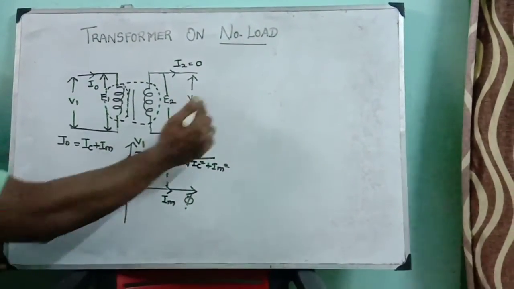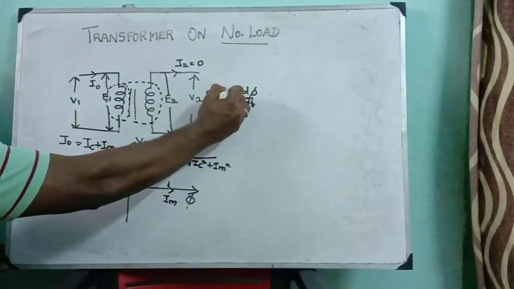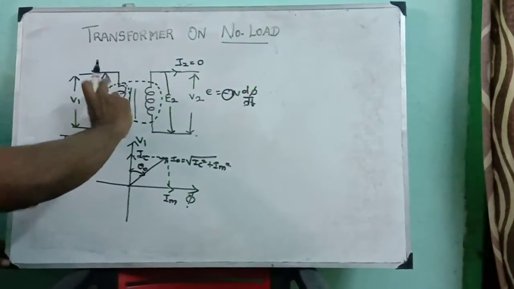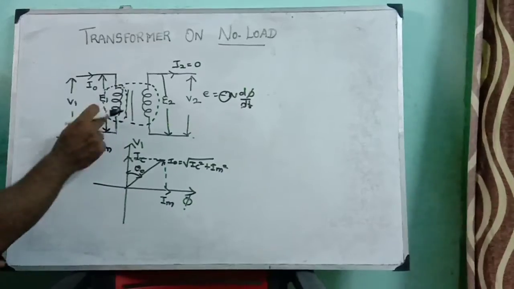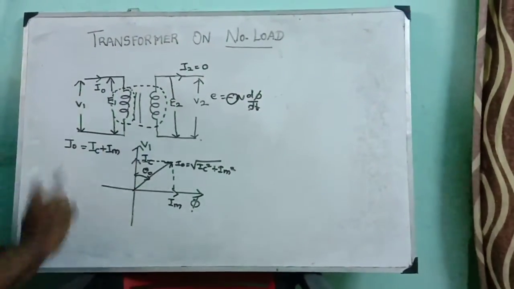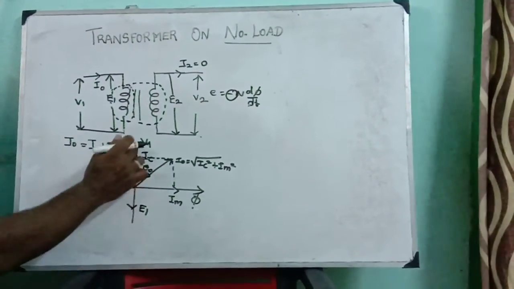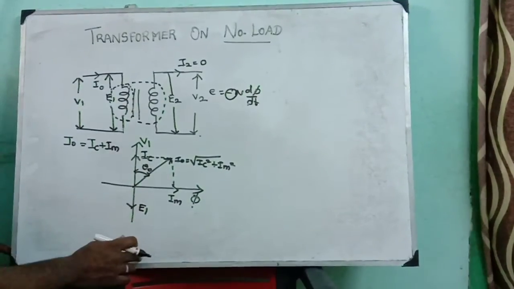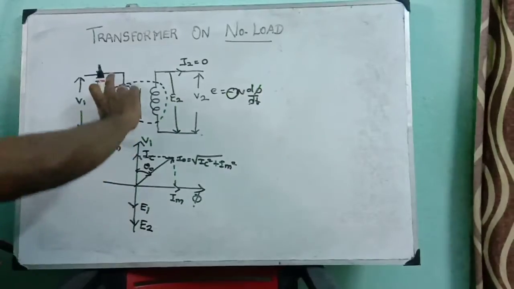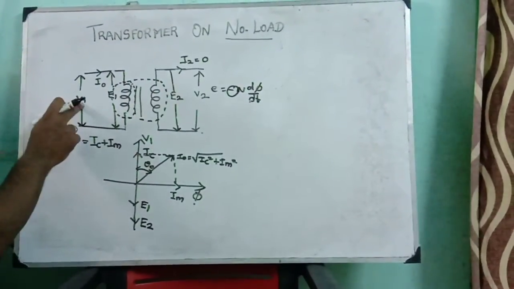As you all know, Lenz's law states E equal to minus M d phi by dt, where the minus sign denotes Lenz's law. Lenz's law is the opposition. The creation of E1 is due to V1, which is why I am writing the minus sign for Lenz's law. So E1 is created due to V1, but its direction will be opposite to V1. Similarly, E1 and E2 will be in the same line, because their directions are the same, but both oppose V1.